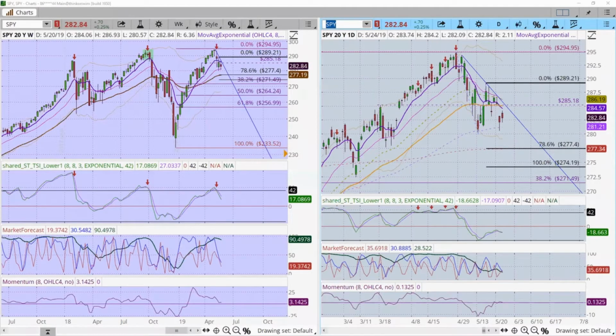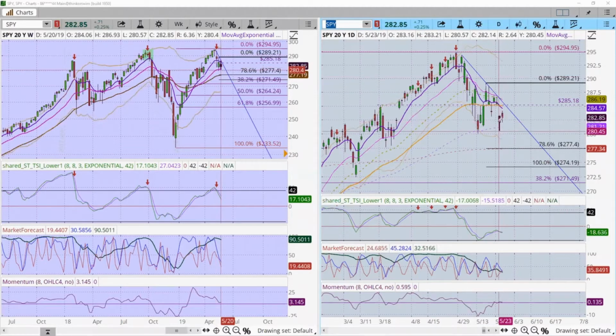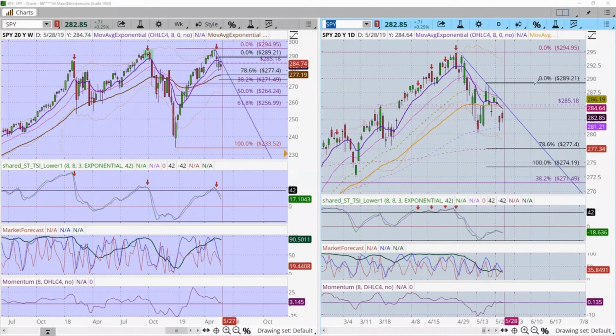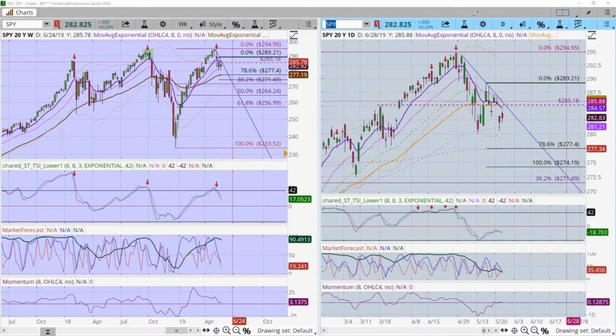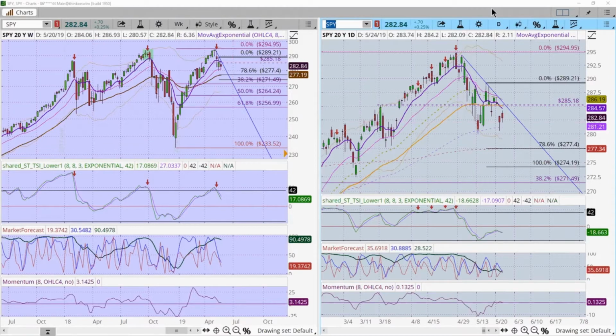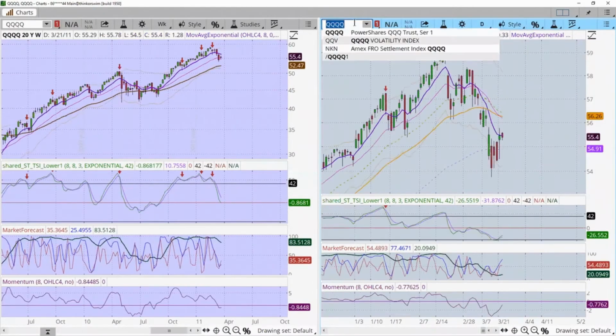I wanted to take a peek at this, Jim. We'll go through each one of the indexes. Right now, here's what I'm doing. Any type of a move back up into the moving averages, or back up into this around 285 level, I want to be looking at to take a downside trade, whether I do that with the inverse ETF for the S&Ps or not, or look towards working with the Qs, the NASDAQ, because the NASDAQ's doing something similar. That would be my trigger to get into the trade.